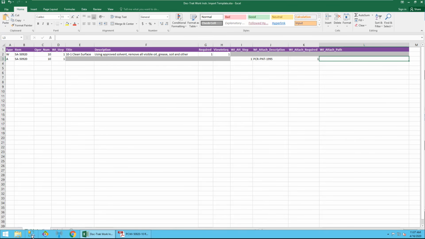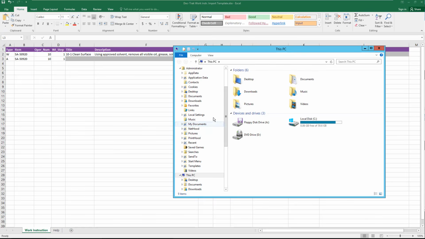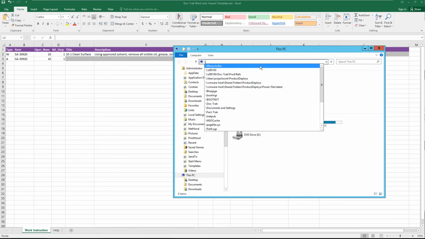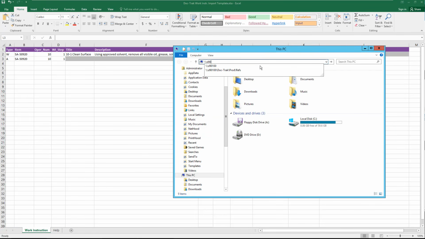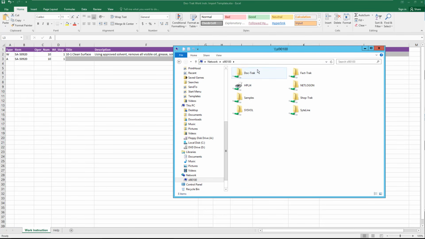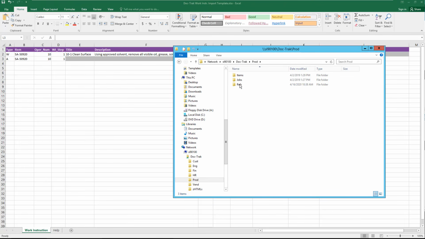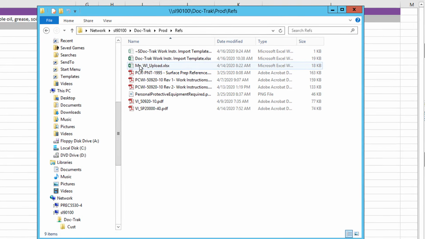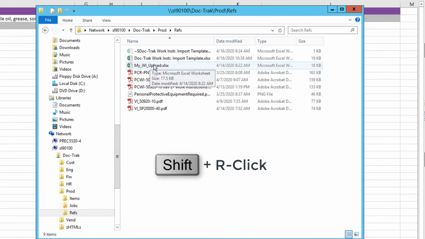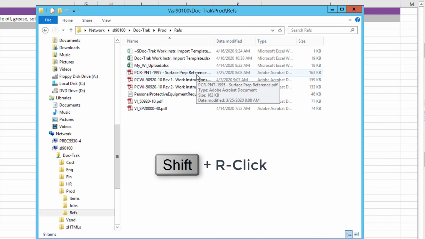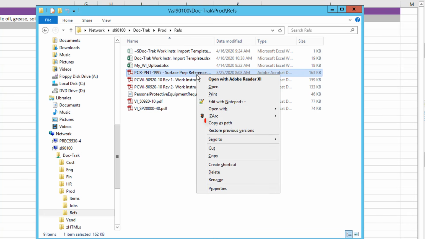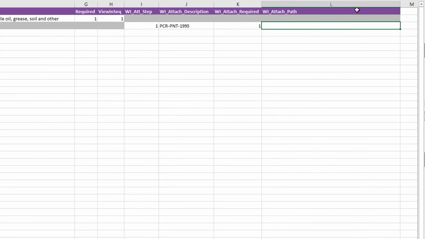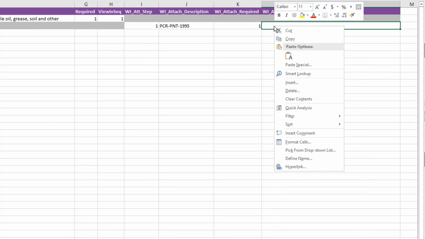In a File Explorer window, I'll navigate to the folder where this document exists, then I'll hold my Shift key down while I select it with my right mouse button. Then I'll select Copy as Path from the pop-up menu. Now I can simply paste it to the cell.